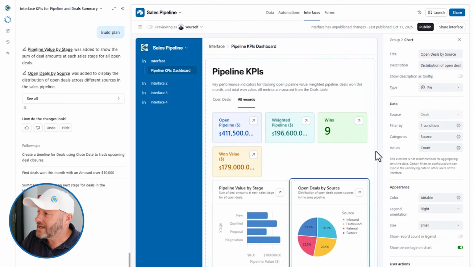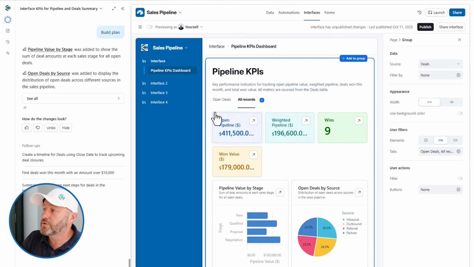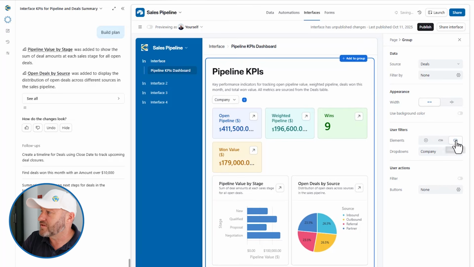I also want to highlight that we can add filters to the dashboard in general. So you can always select the overall dashboard and start bringing in filter by options. Right here, you can see that we've got it in the tabs elements where we can look at all records or filter in just to the open deals. I prefer normally to bring in the drop downs instead, and we can do things like filter by a specific company,